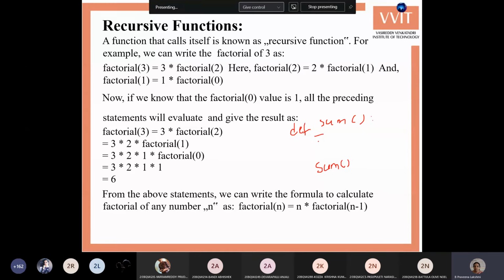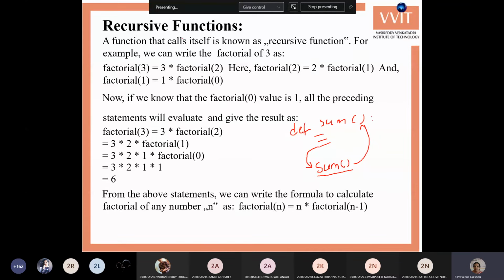Say these are some lines of code, and the returned value of this function has to be given to the calling program. Because the sum function is called from here, the return value goes back to the place it was called from. From wherever it is invoked, it returns the value to that place. In the same way in recursion, one function calls itself, it creates another copy, and that copy's value is returned to its previous call.